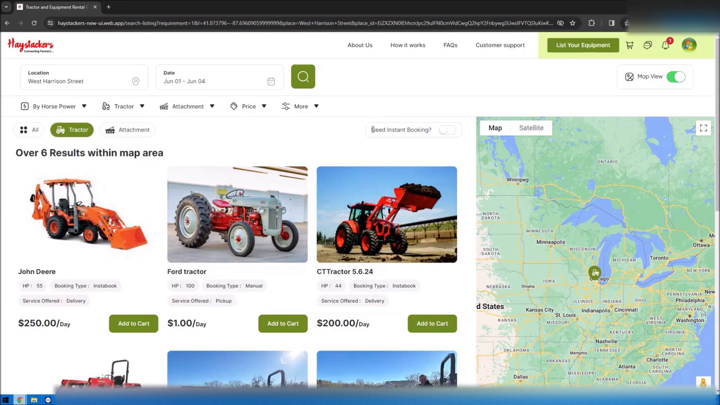So another feature we have here is to select instant booking. So some owners want to use instant booking, which allows for a faster rental process. As you pay right away, you already pay an amount, and the tractor rental is automatically completed. Whereas in manual booking, the owner has to confirm your request first, and then you pay for your tractor or